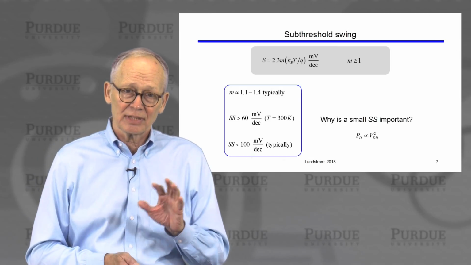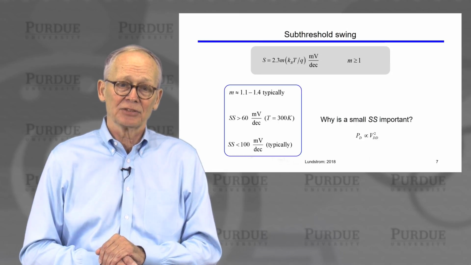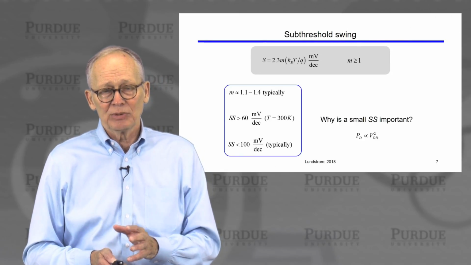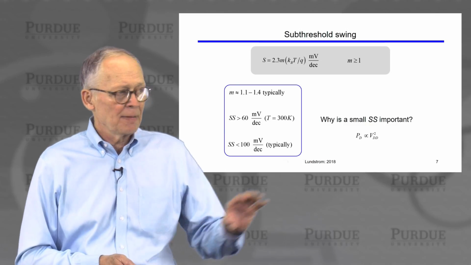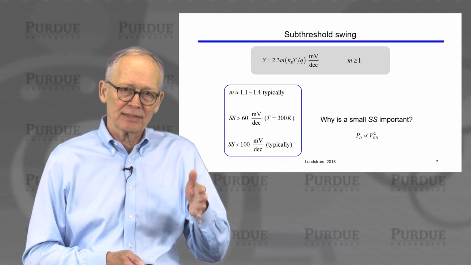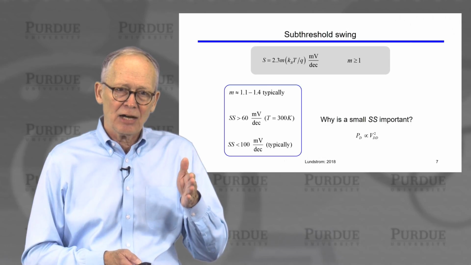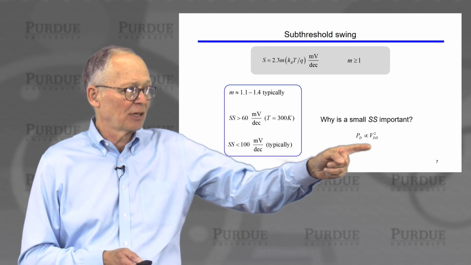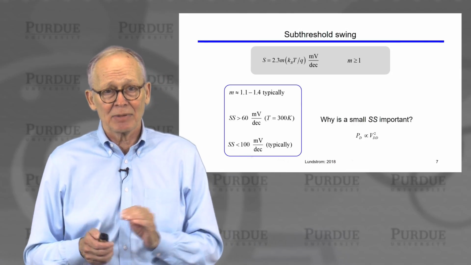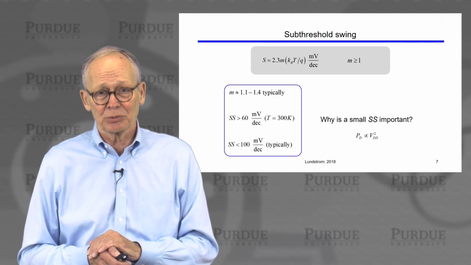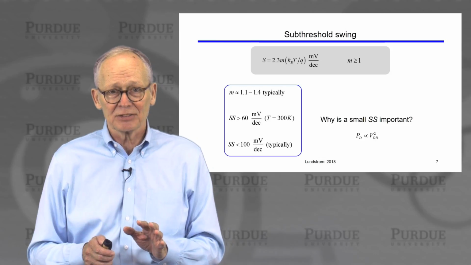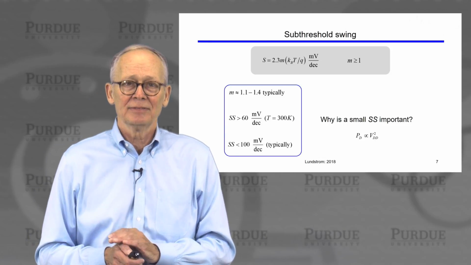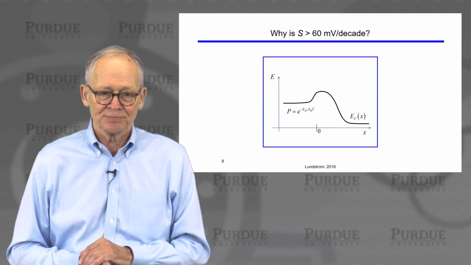And we discussed earlier when we were talking about transistor metrics why subthreshold swing was so important. One reason is it helps minimize off current. Another reason is that it controls how much voltage it takes to go from off to on, and that really determines our power supply voltage. Dynamic power goes as power supply voltage squared, so it's important to keep that small. It's important to keep the subthreshold swing small so that VDD can be as small as possible.